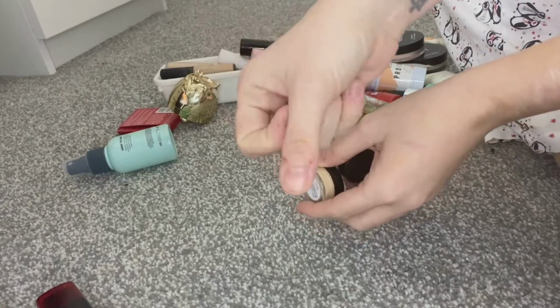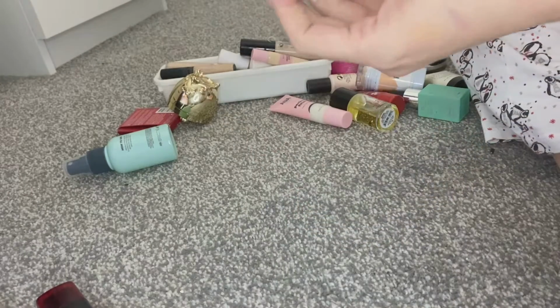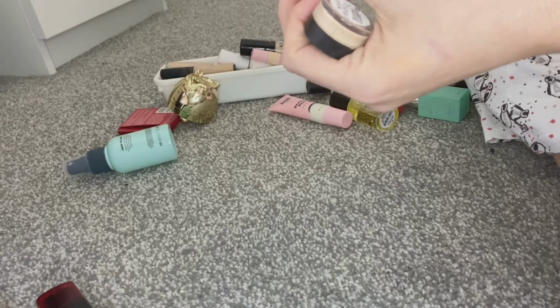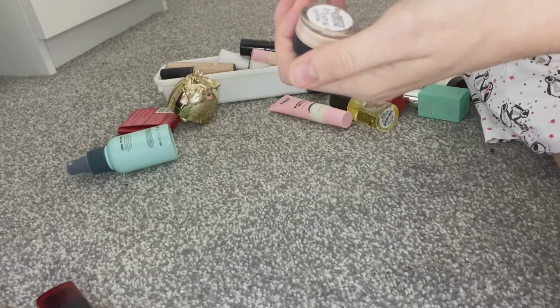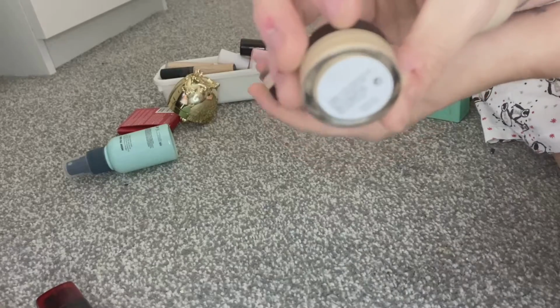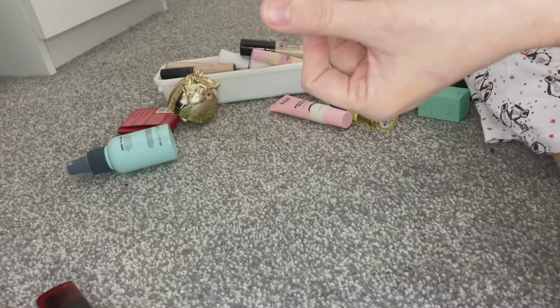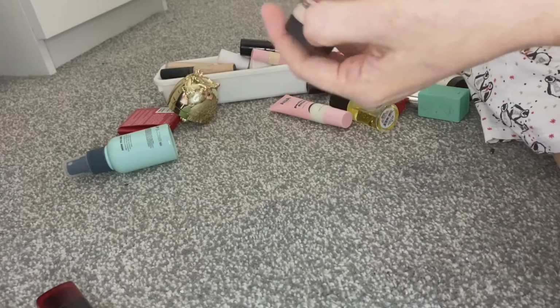Sorry, my fingers are bad. I've been picking quite badly. And these NARS ones, I will keep the one that's this one. In fact, I'll keep the two of these. I don't think these are old. I can't remember what colours they are, but